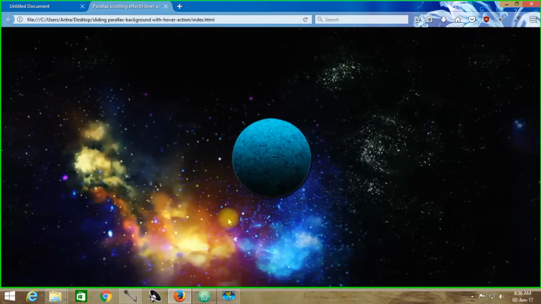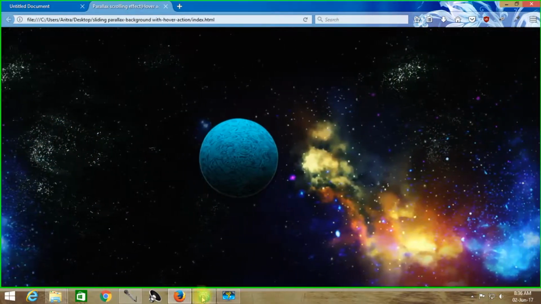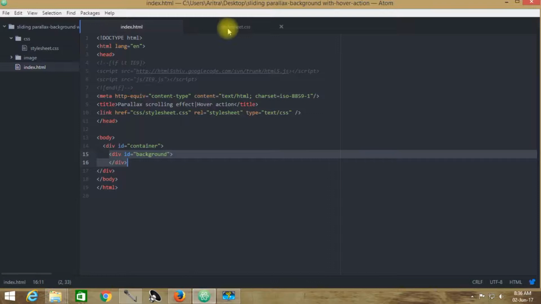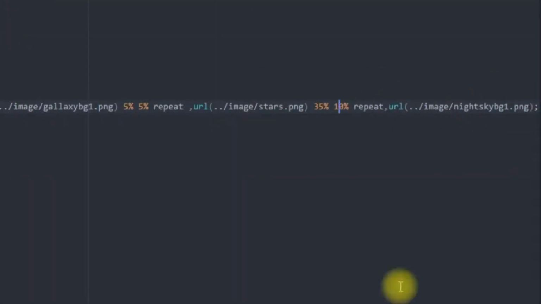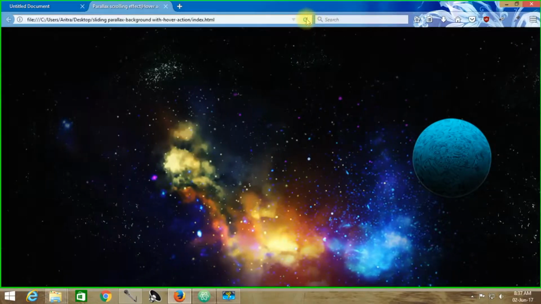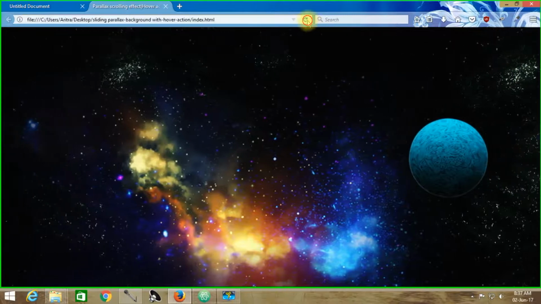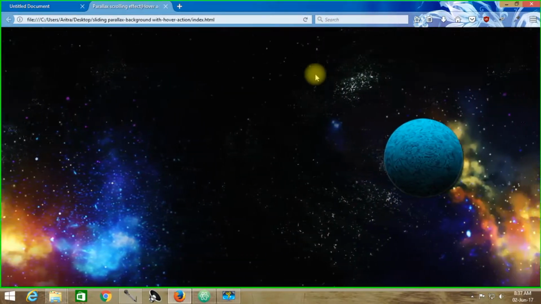So all we need to do is add some 3D effect to this animation. For this purpose we are getting back to our stylesheet.css, and here again get back to your index.html, get back to your browser, reload, and now we can see that everything is moving independently.